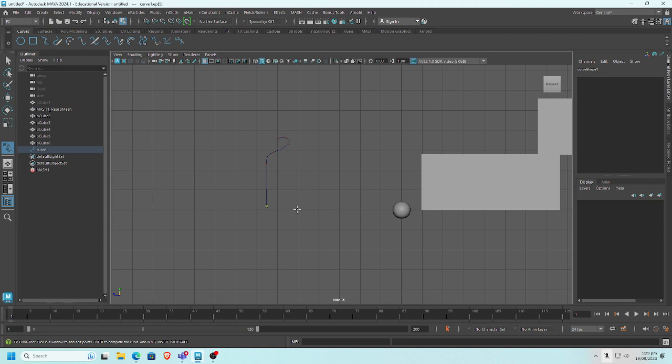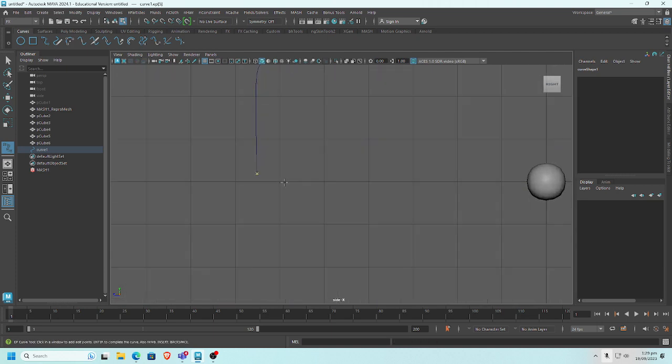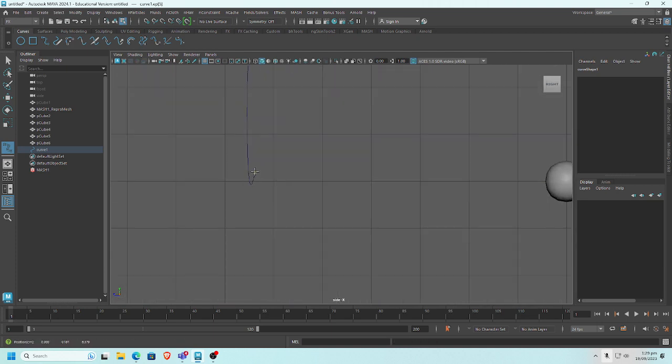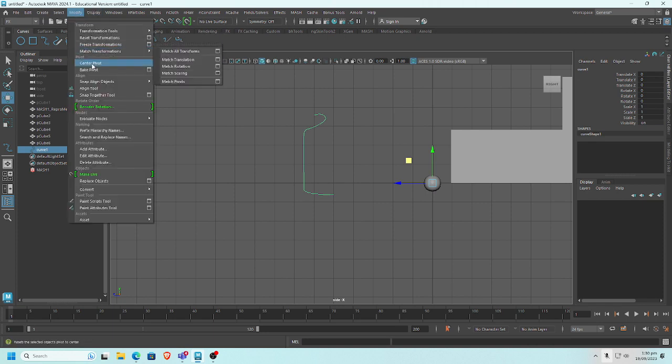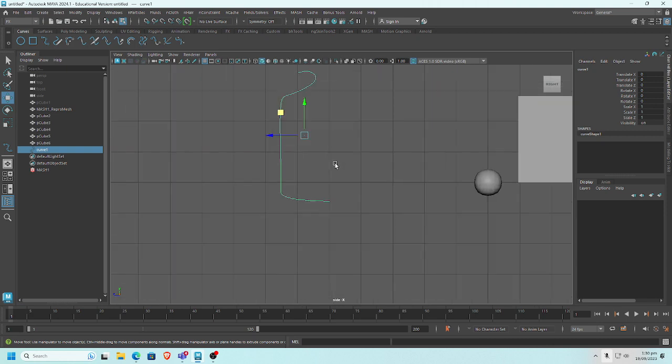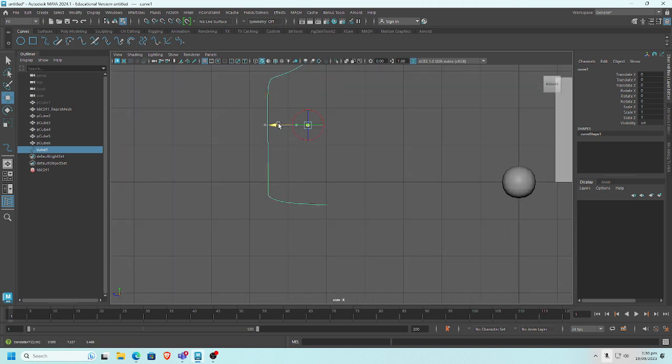I create a profile of the jar. Okay, I press enter. Actually, this has to be, so I go to modify, center pivot. Actually, pivot's going to be, I press D and move it like here. And then I